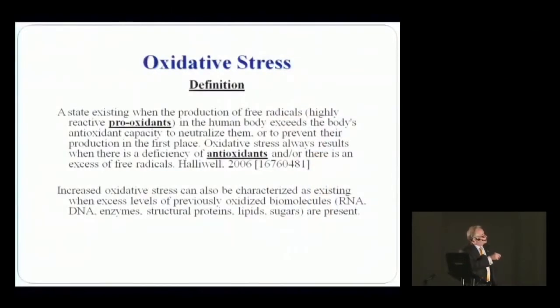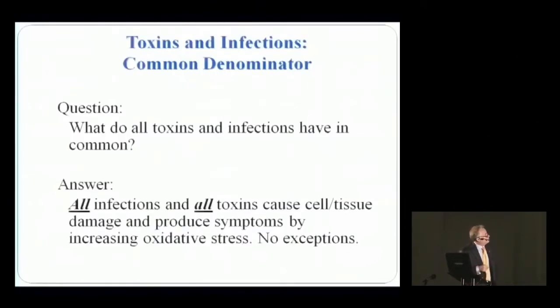Oxidative stress, okay? When free radicals and toxins, which are pro-oxidant, are present in the human body in an amount in excess of the body's ability to neutralize them, then you have a state of increased oxidative stress. This is how vitamin C neutralizes all toxins regardless of the structure of the toxin, which at first is highly